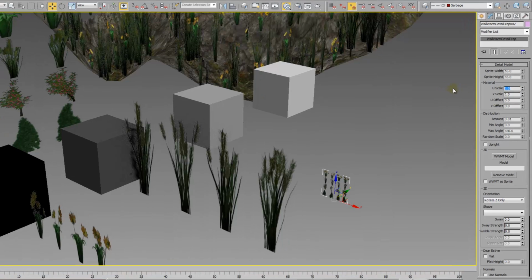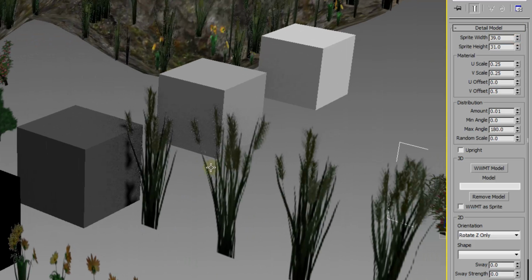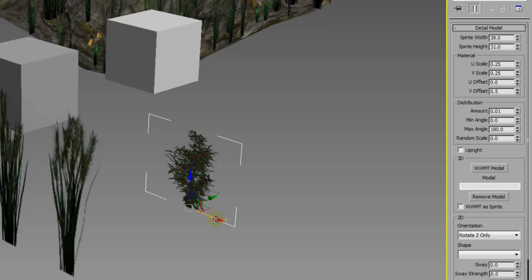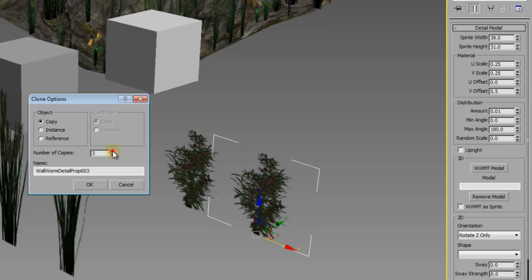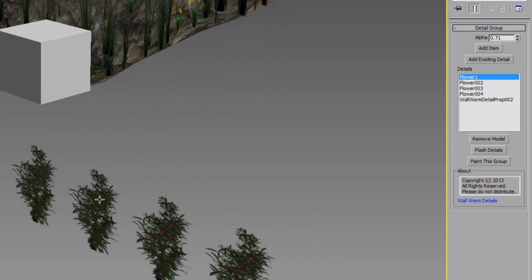So again, we go back to the scale on this, 0.25, 0.25. We're going to go down on the U or on the V, so half, and there we go. And we want this to be higher and wider like that. And I'm going to make a couple of these. Alright, and we'll go back to here, and we need to make sure that these are all added